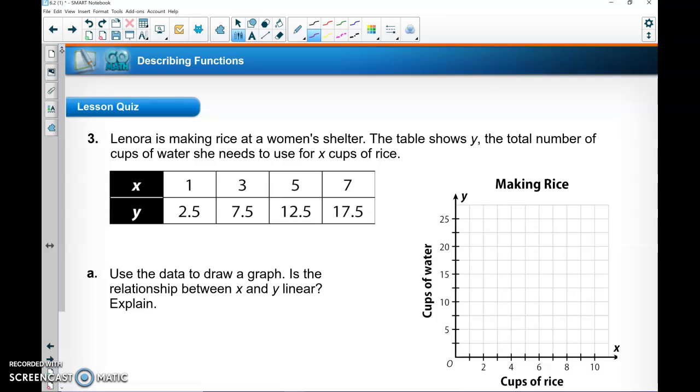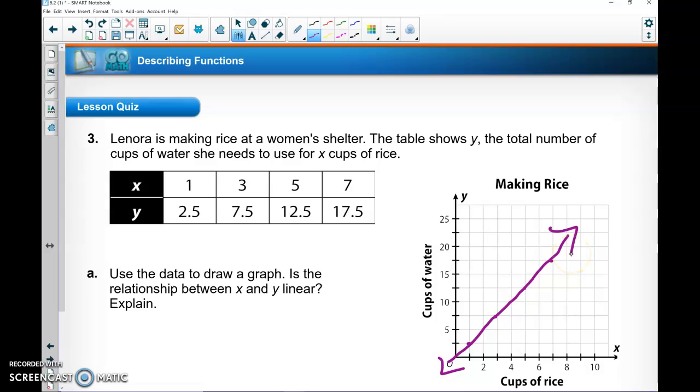Laura is making rice at a women's shelter. The table shows the number of cups she needs for the rice. So for 1, she needs 2.5 cups. For 3, she needs 7.5. For 5, she needs 12.5. For 7, she needs 17.5. So my x is 1. I'm going to be at 2.5. 3 at 7.5. 5 at 12.5. And 7 at 17.5. If I draw my straight line here,